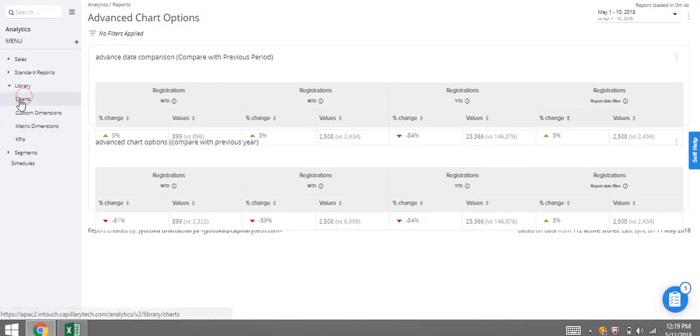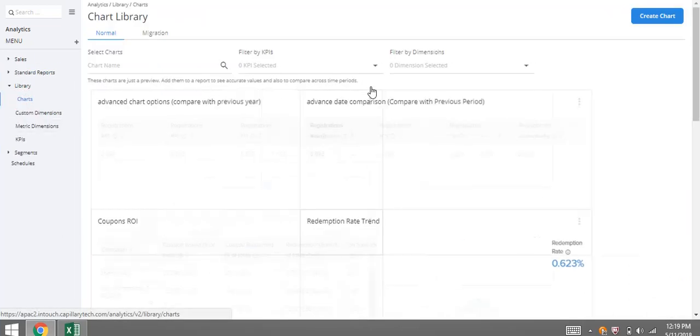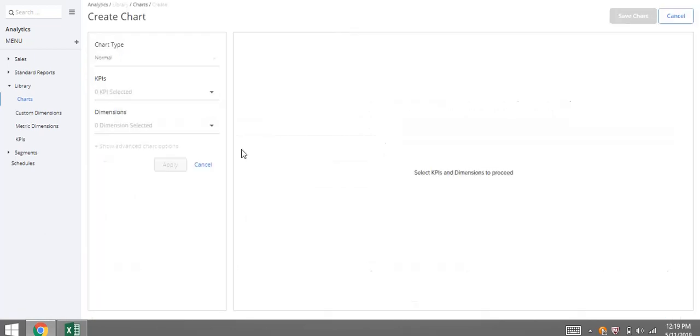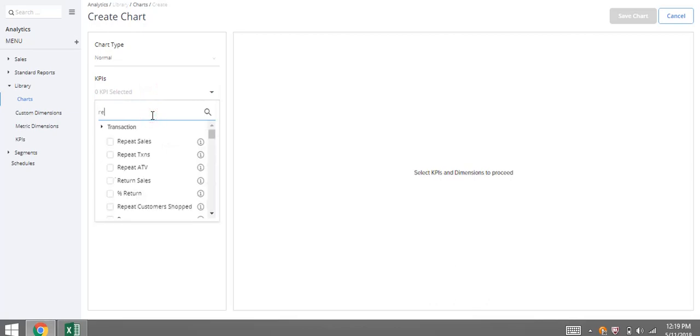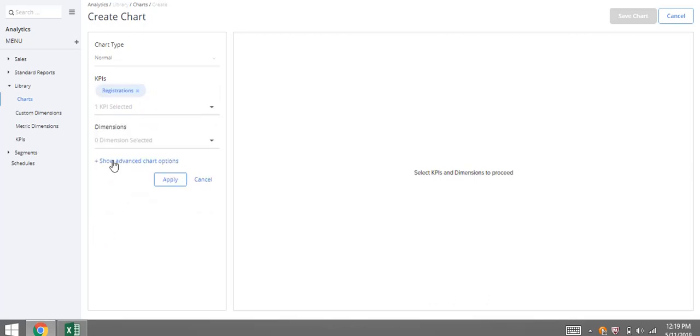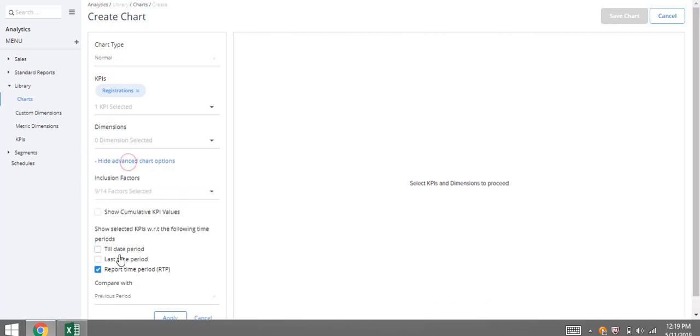If I go back now, show it here. If I just create a random chart, I will select registration again. This chart is good to go if I click on apply, but if I go to advanced, I will see report time period is already selected. That's why that is what is accordingly happening.